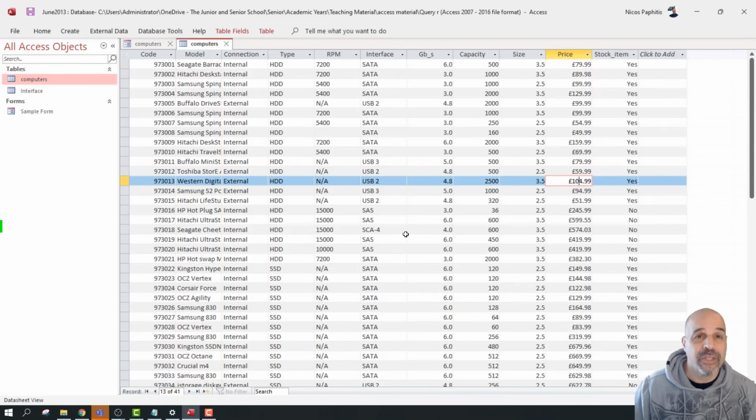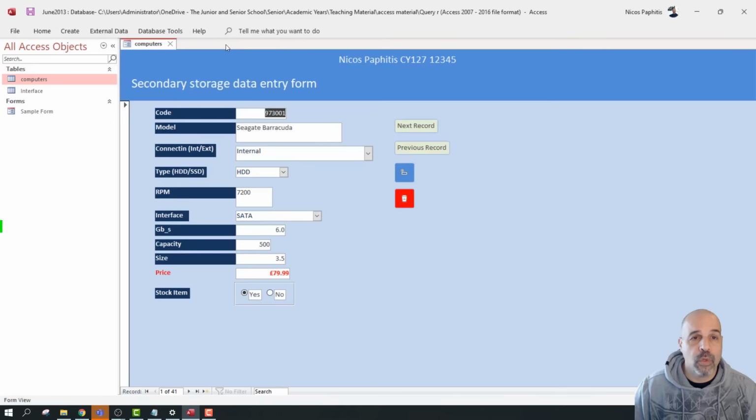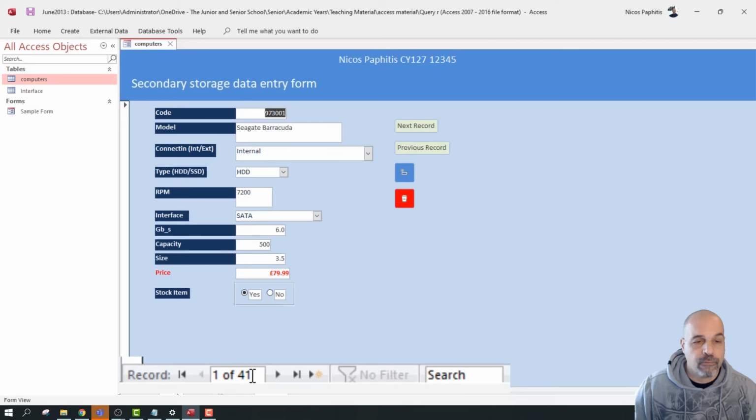And to do this, we use a form. So how does the form work? Well, this form here is displaying this very first record. Now, I've got some navigation buttons, but even without the navigation buttons, you always have this at the bottom of a form: you can see this is record 1 of 41. This is actually a very nice little area because it displays how many records in total there are in this table. And I can click this, go to next, and as I click this,